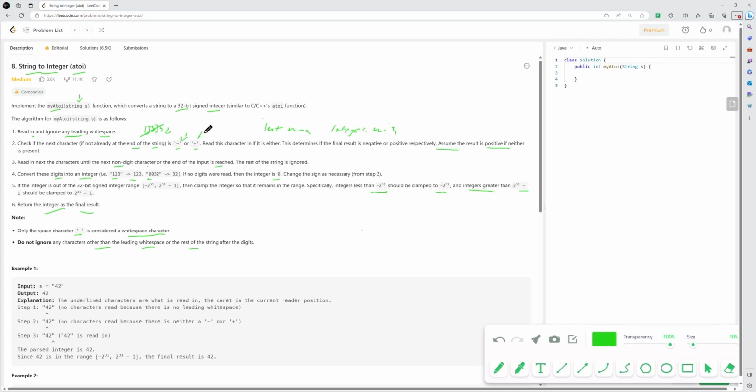Now for the examples. In the first example, 42, only digits are present in the string, no white space, no letters, no plus or minus signs, nothing. So only 42 is read, and the parsed integer is 42. And because it's in the valid range, we just return